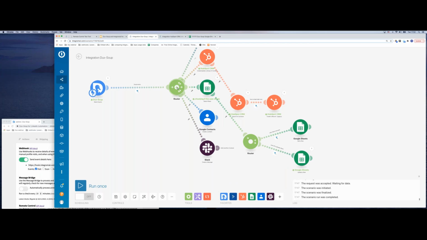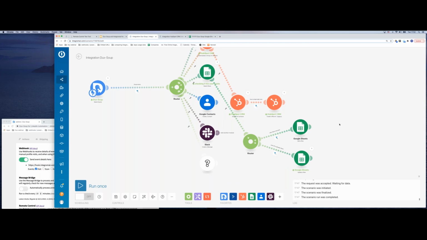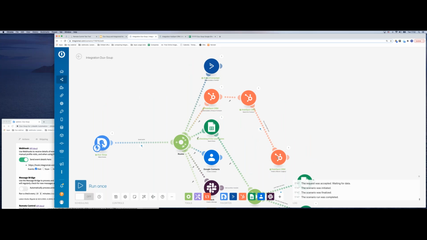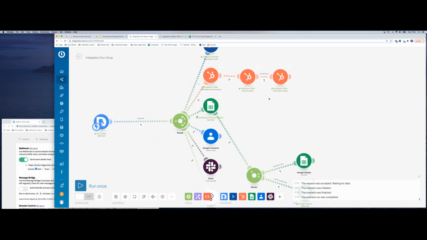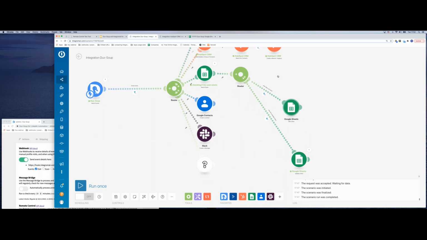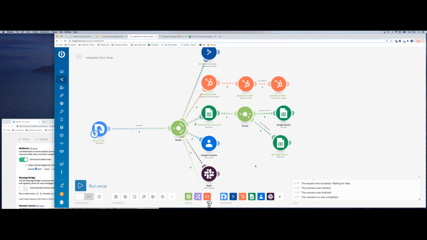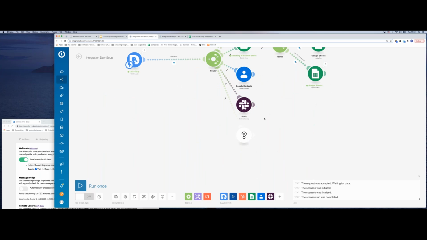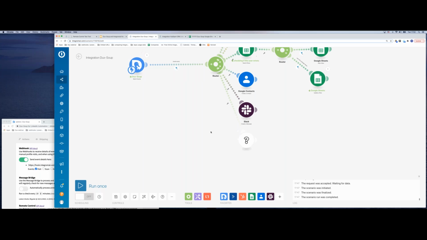Another very good thing to do, and I think that this way to not get lost. I promised you that in Integromat we will never get lost. So let's sort it out a little bit here. Another very recommended thing to do is